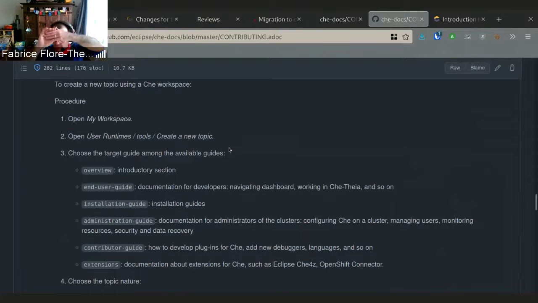If you have an assembly, you will still need to put the procedure and the reference files in the partials. But for other kinds of content, you can put the content directly in pages. That should simplify the contributions, and you should be able to edit in GitHub directly without landing on a page where you just have metadata. So that's one of the ideas.